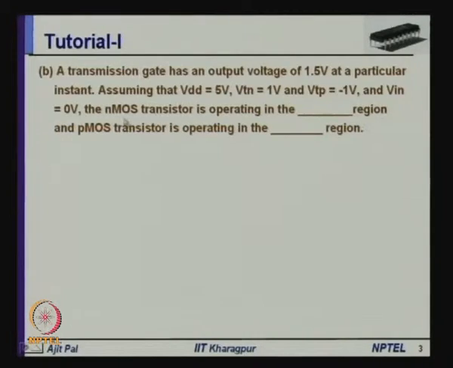The second question was, a transmission gate has an output voltage of 1.5 volt at a particular instant, assuming that VDD is equal to 5 volt, VTN is equal to 1 volt, VTP is equal to minus 1 volt and Vin is equal to 0 volt. The NMOS transistor is operating in the dash region and PMOS transistor is operating in the dash region. So, in this particular case